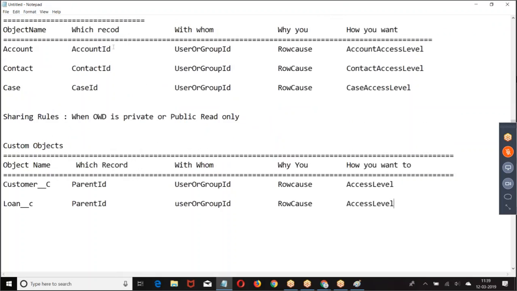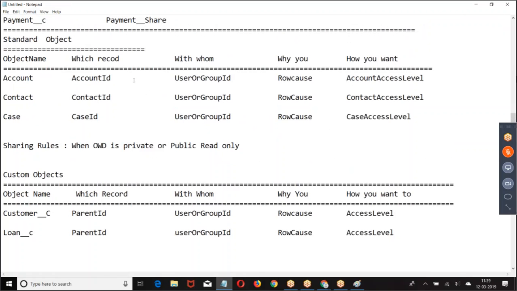I hope you are good with this. With the help of these fields, I will try to share the record. Now, if I want to share a record, first the record should be inserted, right? Without the record being inserted, I cannot share the record. Only after the record is successfully inserted, I can share it. Before saving the record, I cannot share. After saving the record only, I can share. Why? They are expecting the ID of the record which you want to share. When will I get the ID? After the record is saved successfully.